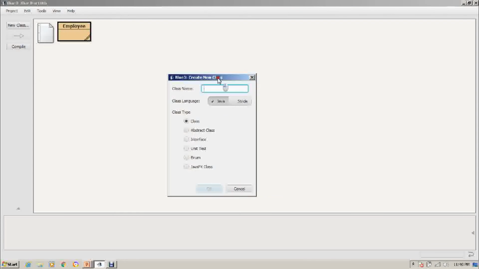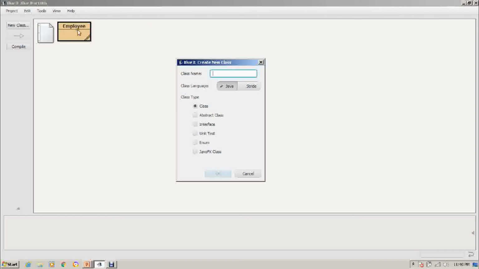This is not a normal program, because the first program that I created is an API class. Now I am going to create an application program. If you want to know the difference between an API class and an application program, there is a tutorial available in BlueJ for the 9 series. Go through it. The link is given in the description, and then you will understand the difference between an API class and an application program.